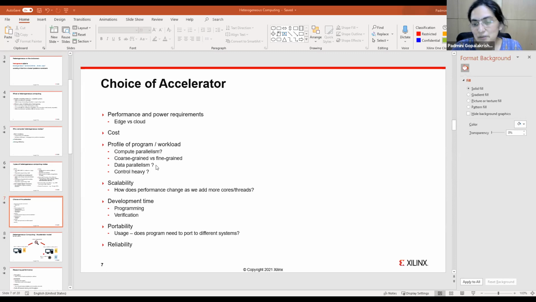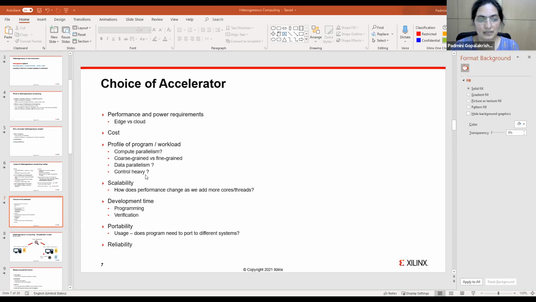And that is where the notion of an accelerator comes in. So if I have a big application, I may choose to actually run the control part of it on a CPU, right? I may choose to have a GPU to run parts of it which just crunch through data very quickly, right?